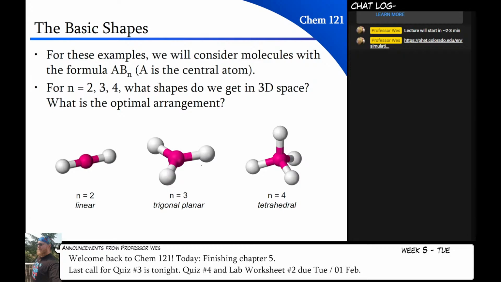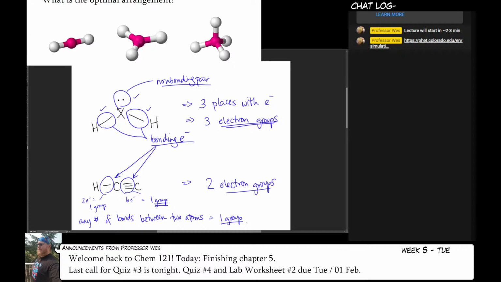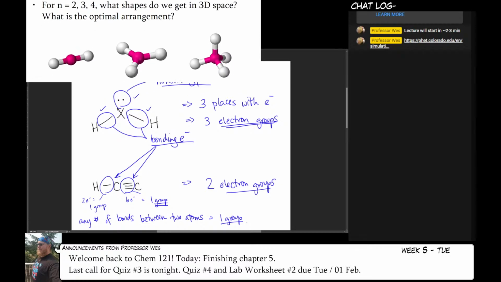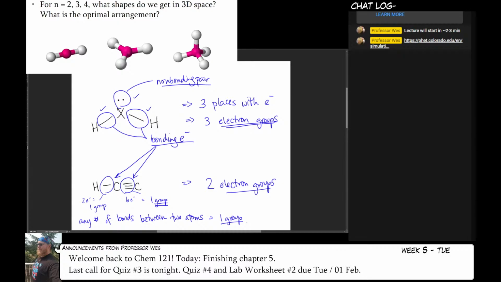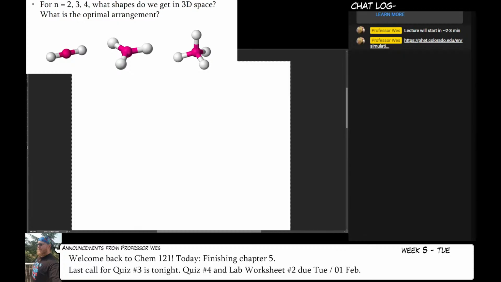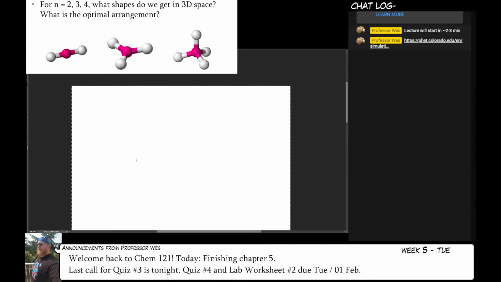And so what we're going to do is go over to this right here. I'm going to make this a little smaller just so that we can get more space. We're going to draw the Lewis structure of a molecule and apply it to the template. We're going to try and figure out which shape best suits it. And it's going to be kind of obvious because you're going to look at it and be like, well, we already made it that shape, right? So the first one we're going to do